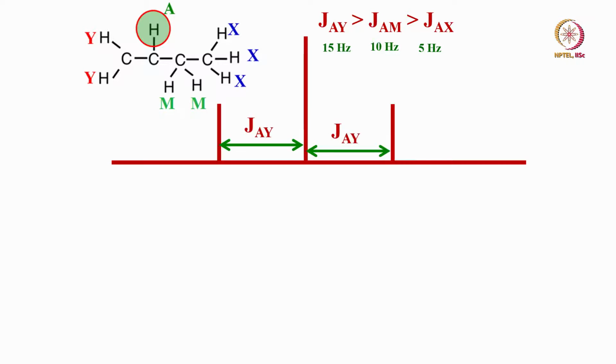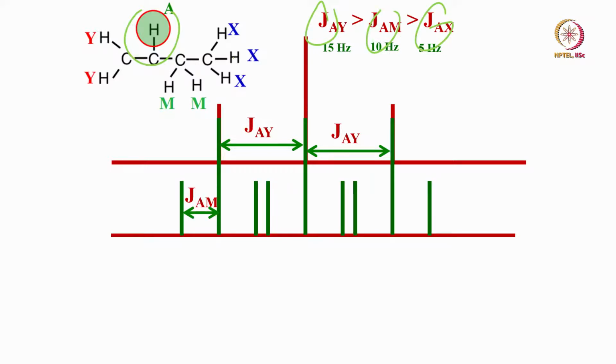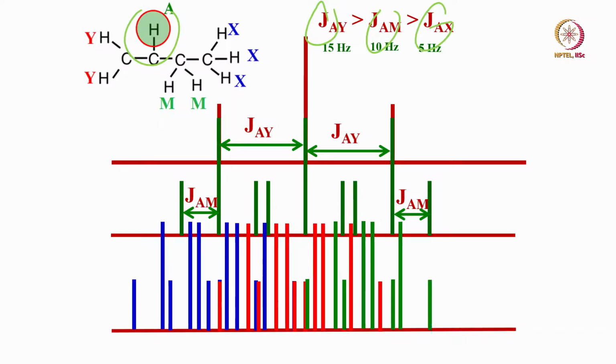So, you can start doing this. I do not want to give many more examples. I think with the number of examples that I have already given you, you must have got the hang of the type of pattern we are expecting, and how to interpret the pattern based on the chemically equivalent and inequivalent groups that are coupled to the proton that you are detecting. So now in this case A is being detected. Again I am using the condition that this is larger than this, so it is going to be two triplets and a quadruplet. First it is going to be a triplet and again another triplet, and each line of the triplet is going to be a quadruplet like this. So what you are going to get is a triplet of triplets of quadruplets.